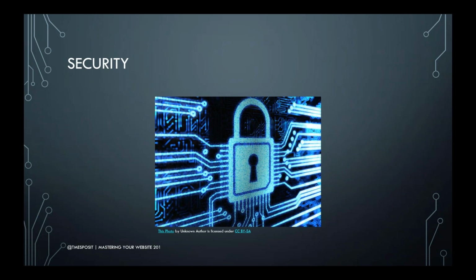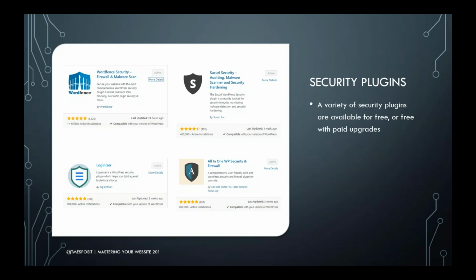So first up is security. Wow, that looks secure. So a good way to make your site secure is to keep your WordPress version, your plugins, your themes, all the stuff that you install up to date, because that is a very common entry point. You're using an outdated something on your site, and there is a vulnerability in that, and someone has learned how to exploit that to get access to your site. But there is a lot more that you can do than just that.